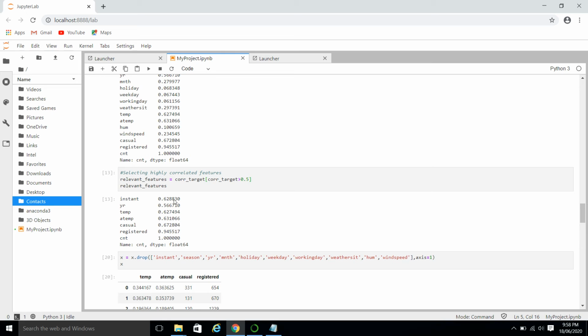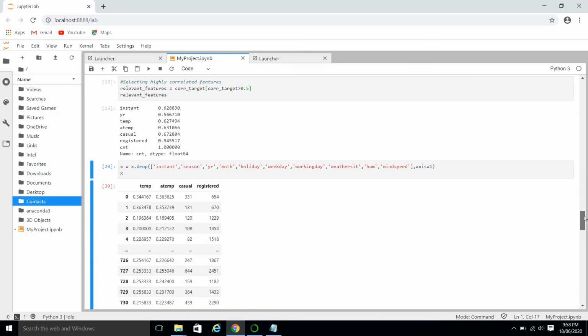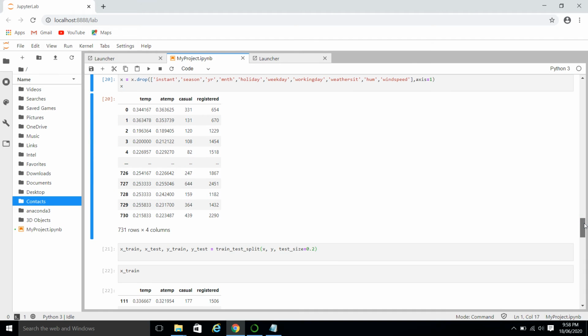Here instant is the index of the data set records. So I have removed all the other irrelevant features. That is, the instant is just the index, and the remaining features of the data set I have removed. For removing the features, I have used the drop method of the data frame. Here axis equal to 1 means the column. I removed those columns. So after removing the irrelevant features, only the selected features are temperature, a temp, casual, registered. So these are the only 4 relevant features for calculating the count value that I have identified by the value